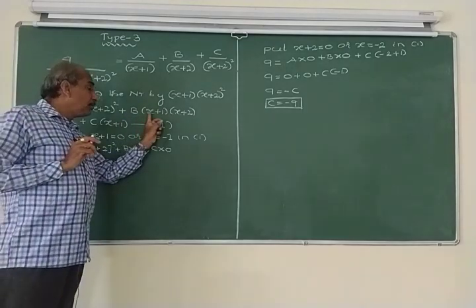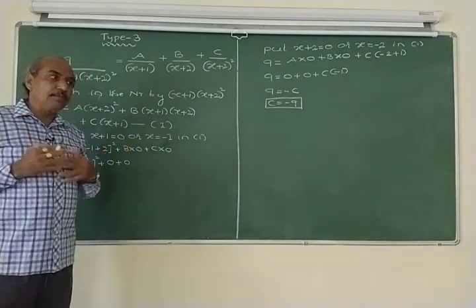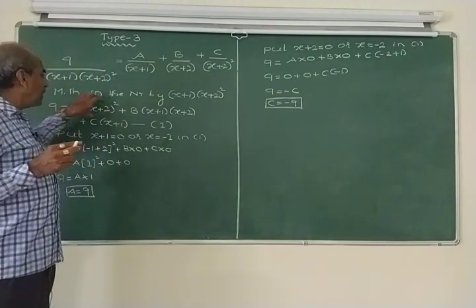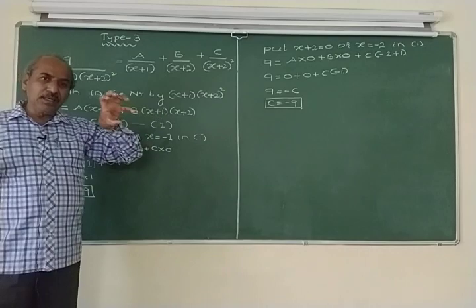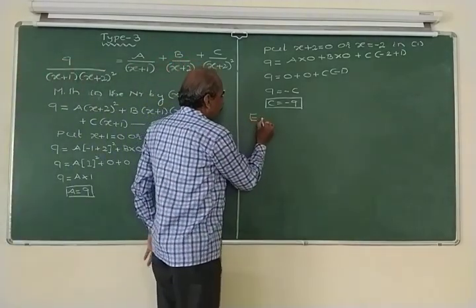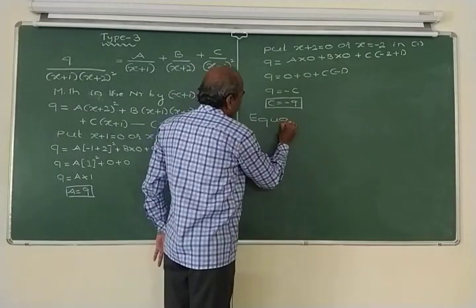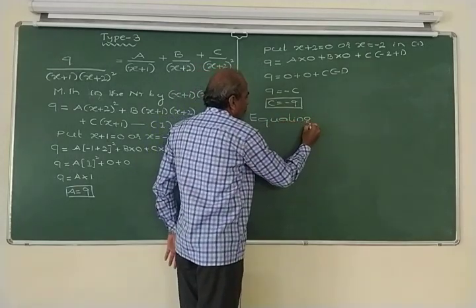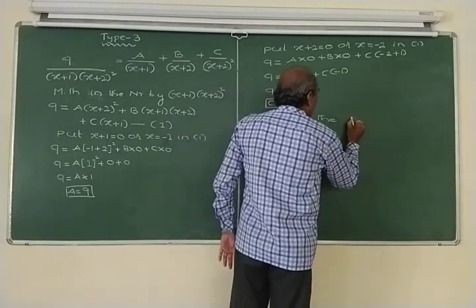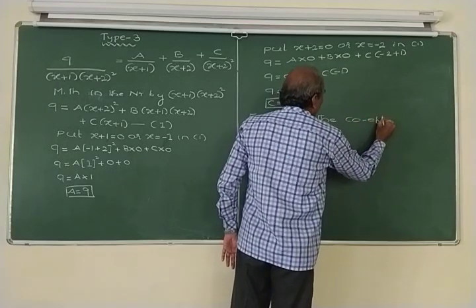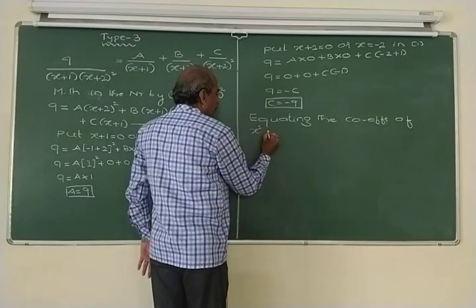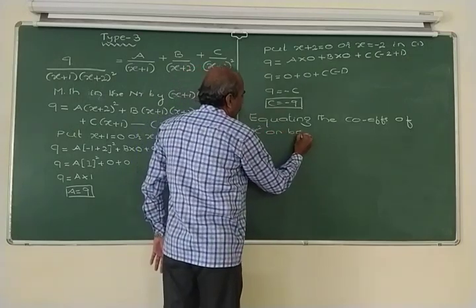Sometimes it may be x cube, it may be x to the power 4, you must go through the highest power. But in this entire equation you will find the highest power is 2. So therefore, you must write this sentence, equating the highest power, that means equating the coefficients of x square on both sides